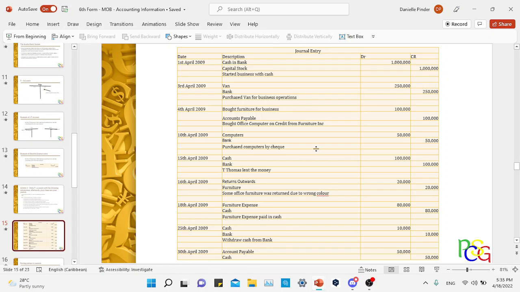And so you see how we had to pay back half of the loan, and that we had to pay back half of the furniture that we had bought on credit. We would make all of these adjustments in the adjusted T account. No, I'm just telling you that you would make all the adjustments on the adjusted T account before